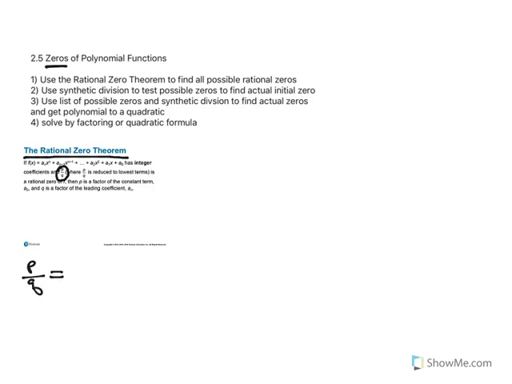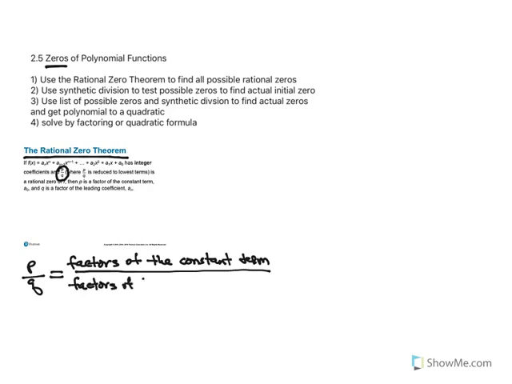In the rational zero theorem, the P represents the factors of the constant term, and Q represents factors of the leading coefficient. Okay, so given a polynomial,